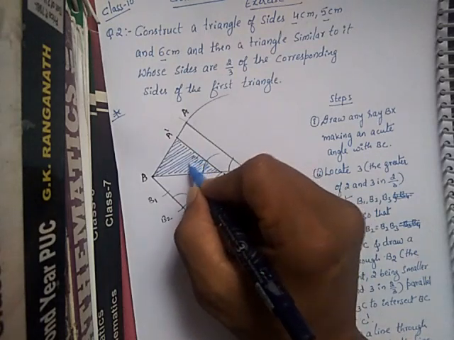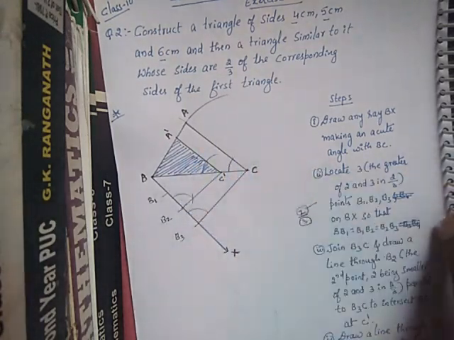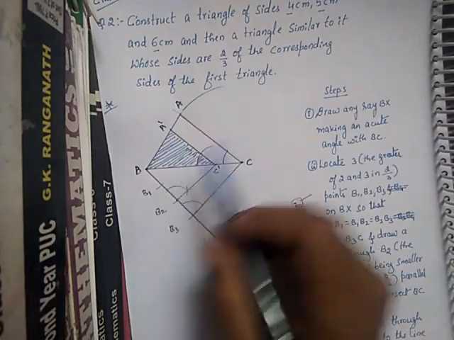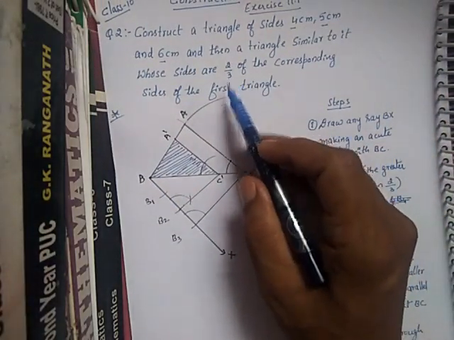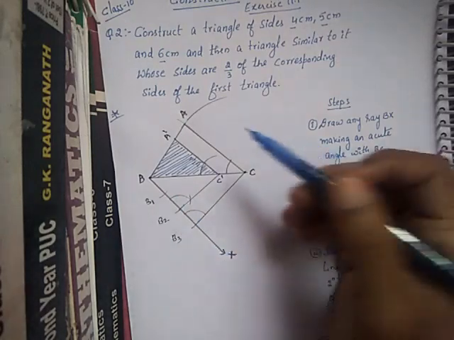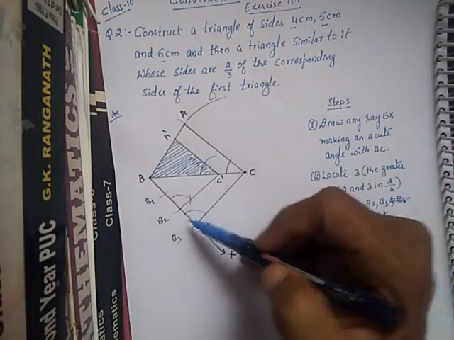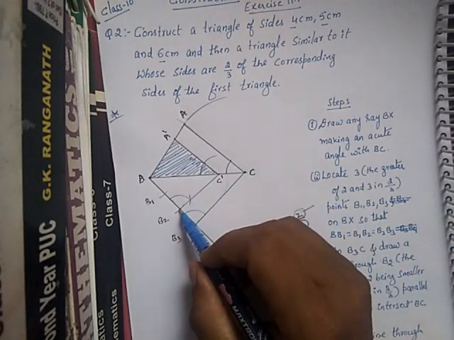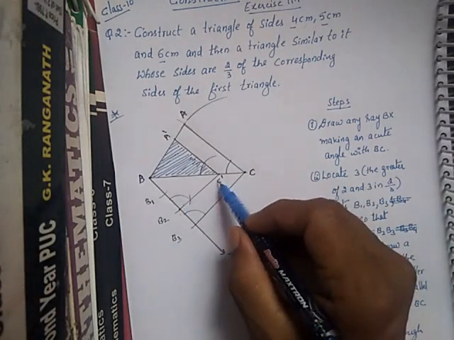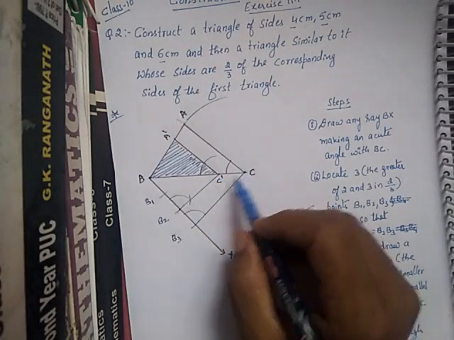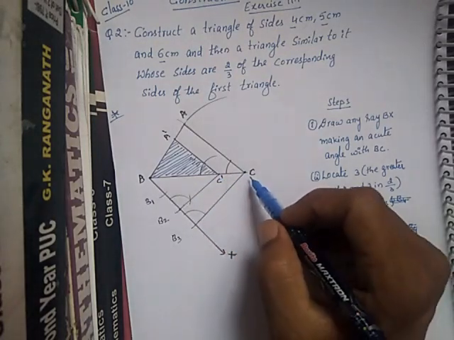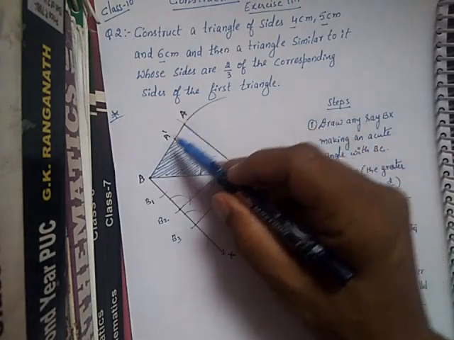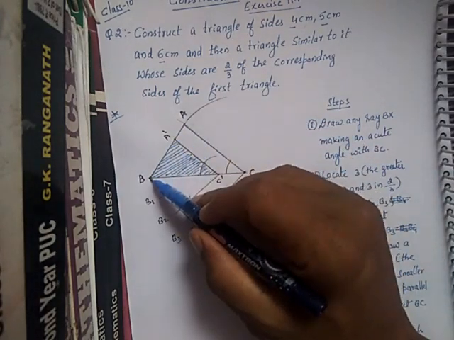So see here, our intention is that first you have to draw the triangle, next from B on BC you have to draw the acute angle. Next, here 2 by 3 is there, so the bigger one is 3, so 3 times you are making here, 3 points and all equal parts. Then from B3 to C you are joining, next from point B2 you are drawing a line which intersects BC at C dash, which is parallel to B3C. In the same way from C dash you are drawing a line which is parallel to CA, which intersects BA at A dash.